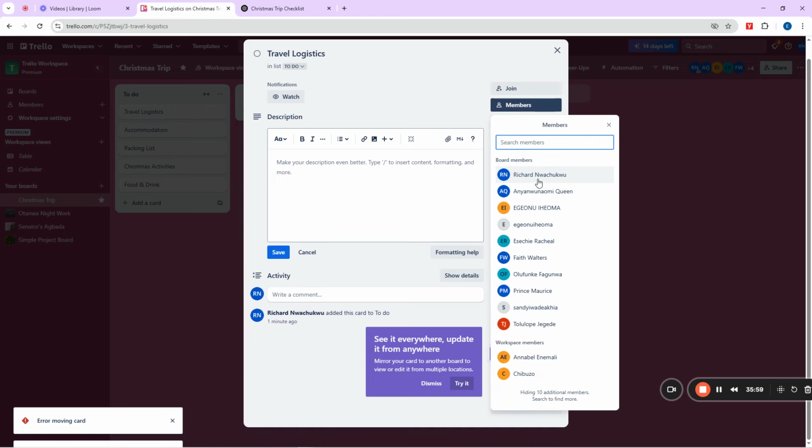Can you see now? We have people here like Prince Maurice, Annabelle Enebeli, Chibuzo, Mekus, Tolulokpejegede, and Faith Water. These are people in our team.